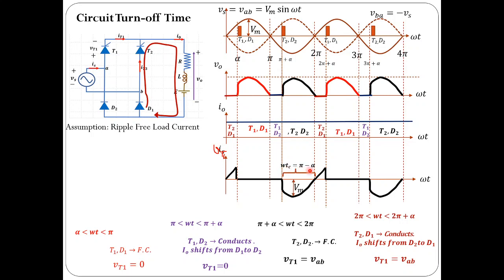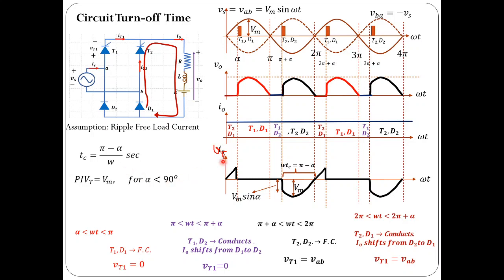And coming to the peak inverse voltage, you can see that it is equal to Vm. Assuming alpha is less than 90 degrees, the peak inverse voltage would be the same as the peak value of the source voltage. In case the alpha value is more than 90 degrees, then the peak inverse voltage is equal to Vm sin alpha. Circuit turn-off time is equal to pi minus alpha by omega seconds, where alpha is the firing angle and omega is the frequency of the input supply in radians per second. So the peak inverse voltage for any thyristor is going to be Vm.